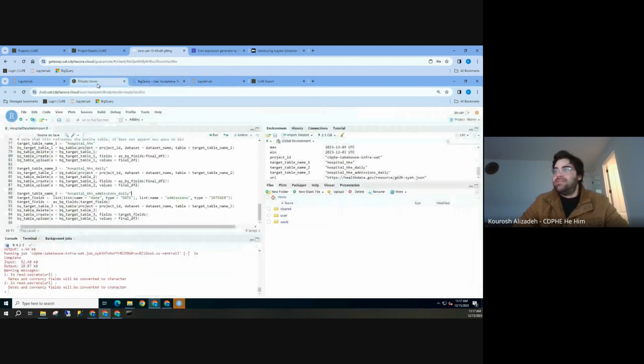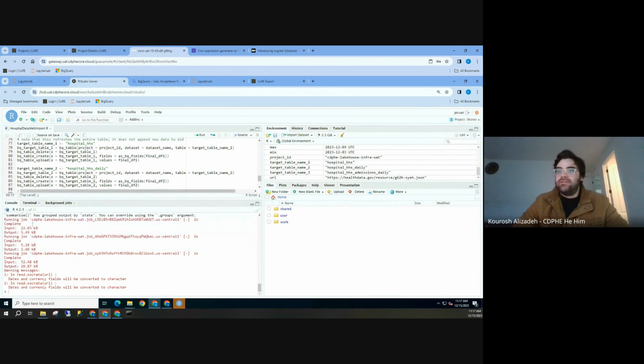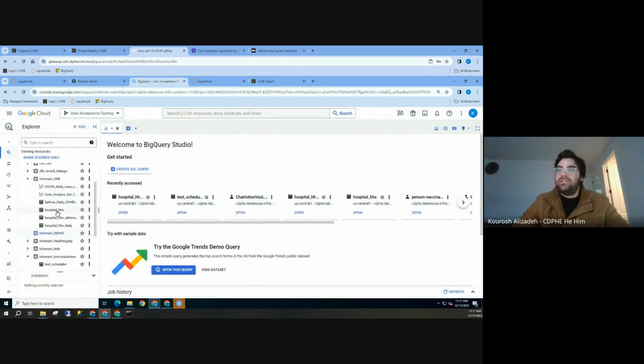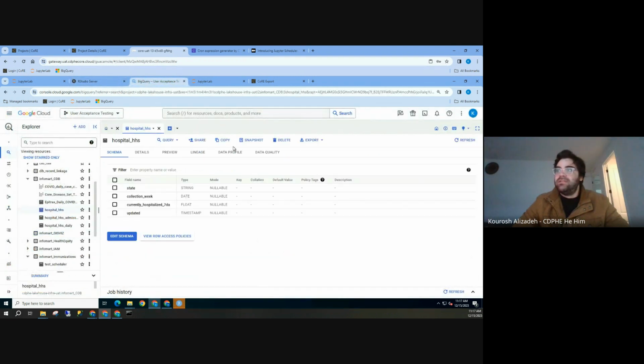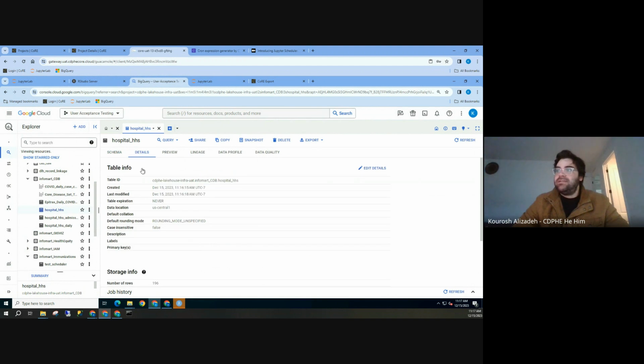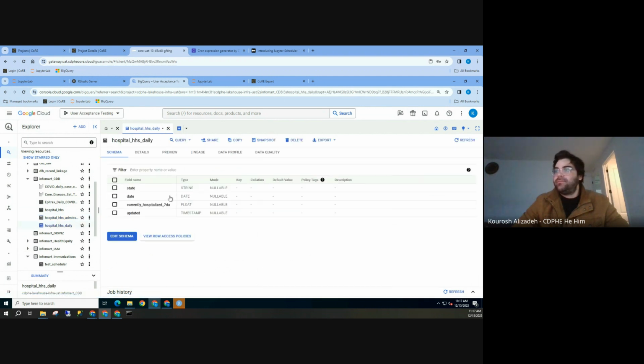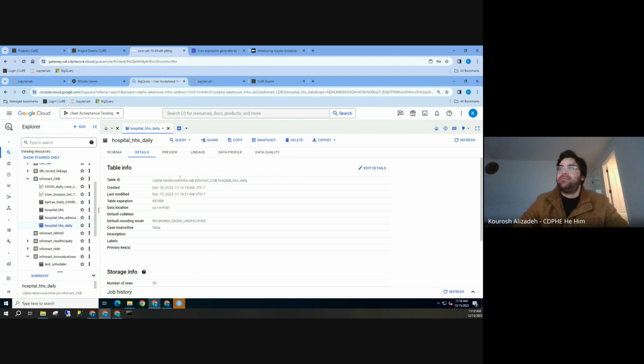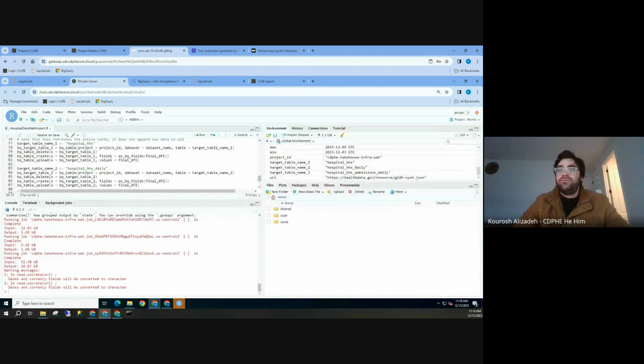Okay, let's see if this thing has finished. Yes, it has. So you can see down here the results: input, input, input, output, output, output. It created those 3 BigQuery tables. Now, if we go over to those tables in BigQuery, we can also just take a look at them. If you check details, you can see that this table was created about a minute ago, which is what we would have expected, right? And then same here. Details. Yeah, good. Okay. So far we've shown that our script works.